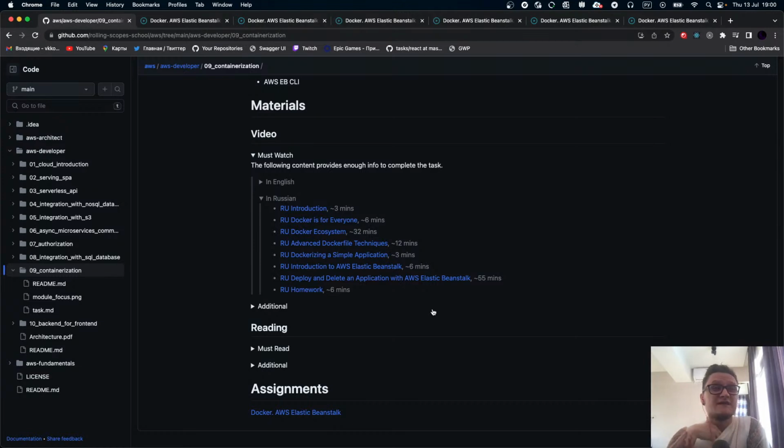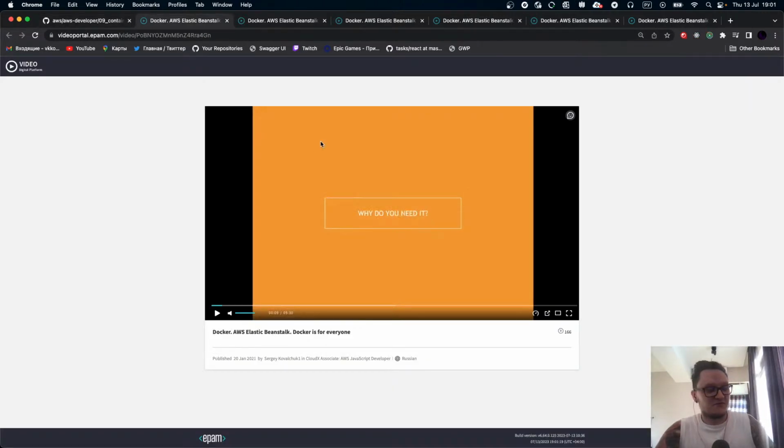Actually, this task is not very hard. It's pretty simple. It can be done with just one file and a few clicks. But the idea of my lecture today is to tell you why we need Docker, why it's cool, and why people are using it everywhere right now. And to do this, I will use our Russian language materials. That's why this stuff will be very scuffed.